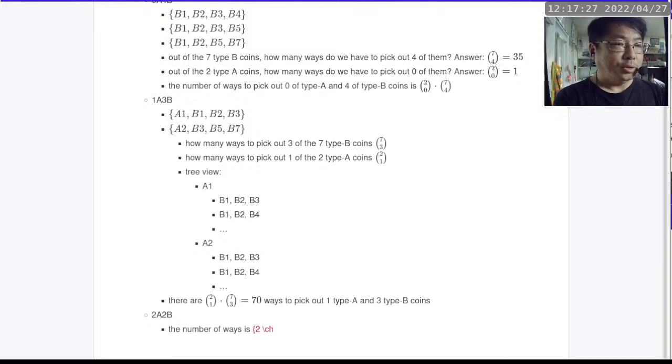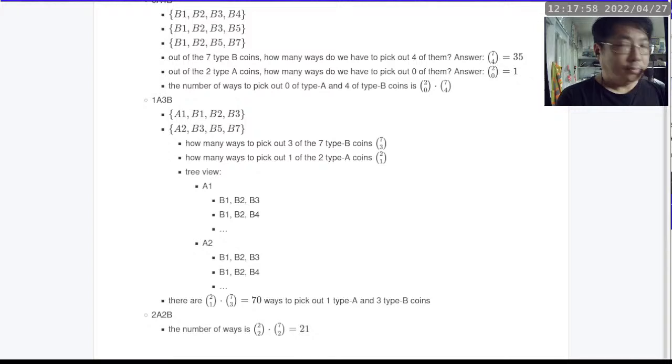So it's 2 choose 2 because we have both of the type A's in this case, and that has to be multiplied by 7 choose 2, because out of the 7, this time we only need to choose 2 of those. And that number turns out to be, I need to go back to my spreadsheet here. So it's combin 7 2,